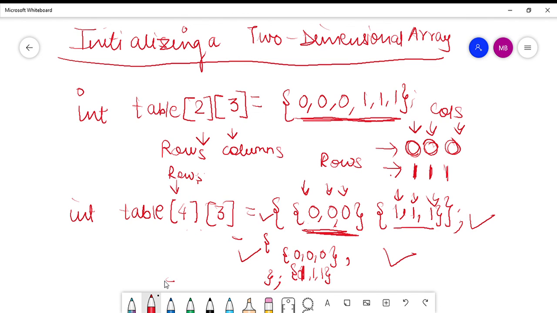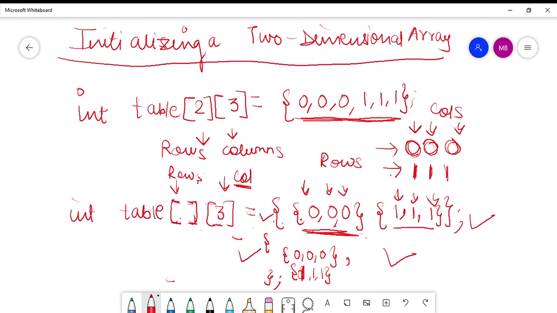But if you are declaring as well as initializing it at the same time, then you do not need to give the size of the rows, or the first dimension. You simply need to give the total number of columns and then you can initialize it. But mind it, the number of columns has to be mentioned. It is necessary to give this dimension, that is the number of columns, but it is not necessary to give the number of rows, if and only if you are initializing it at the same time. So this thing has to be kept in mind.